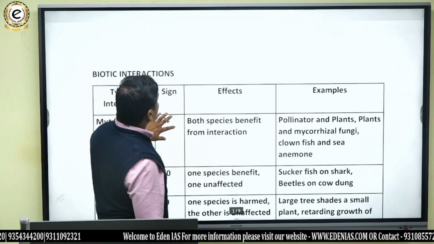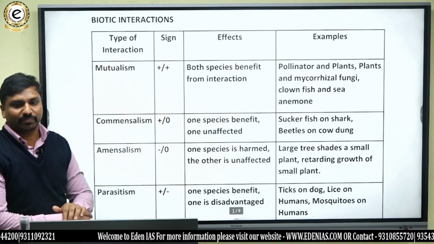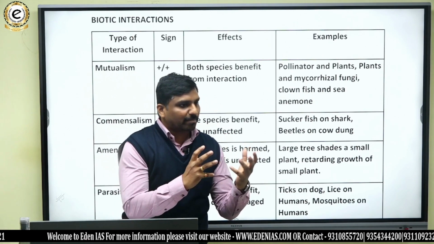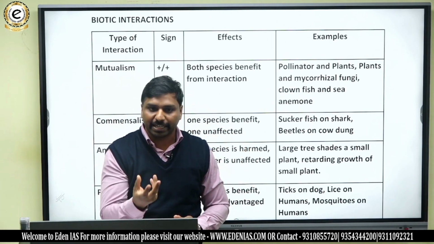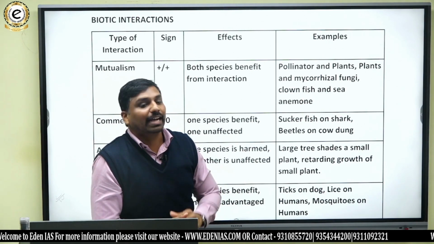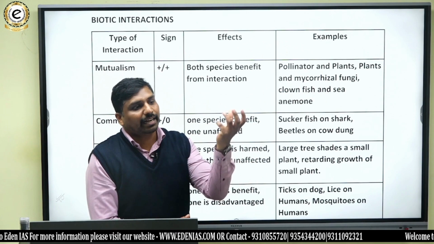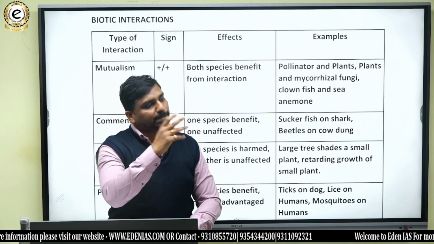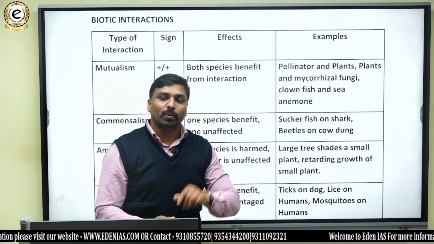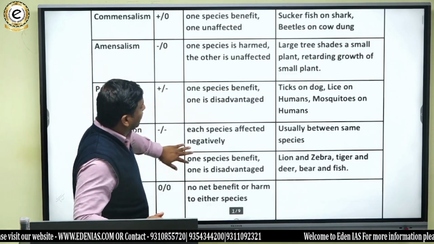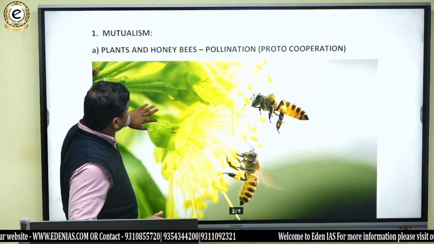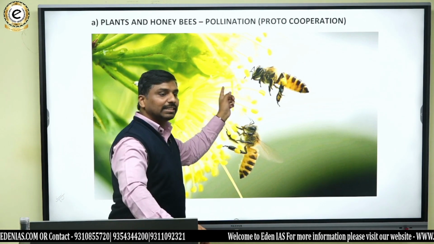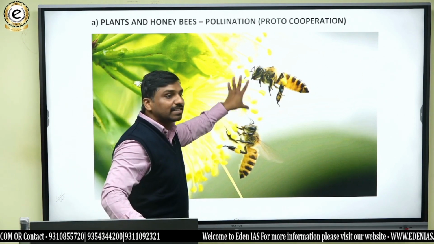Just see. If you see mutualism, take an example of simply pollinators and plants. Pollinators can be birds, animals, honeybees or insects. If you take a plant with flowers, animals may act as pollinators. They may spread the pollen grains from one place to another. Look here, like the honeybee and the flower. The honeybee will get the nectar from the flowers, and while it sits on the flower, the pollen grains